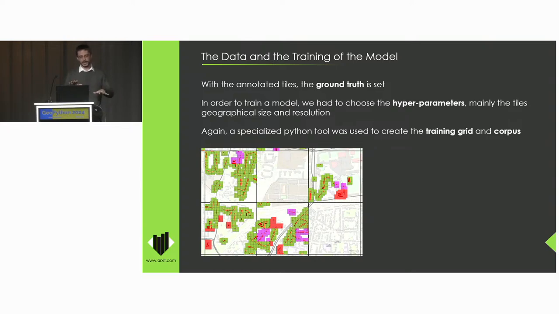So you have to find some kind of a balance between both: a good resolution, but tiles that are a reasonable size. You also want to try to limit the amount of tiles that you will obtain with your corpus, because dealing with a lot of tiles can be quite tricky, especially in a collaboration with a client like that. So we had to do this balance. So we developed scripts able to deduce these subcorpuses. We do it in a way that we can tweak the geographical size and the resolution of the images, in order to test many different configurations, to see which hyperparameters were performing the best for the task that we are trying to achieve.